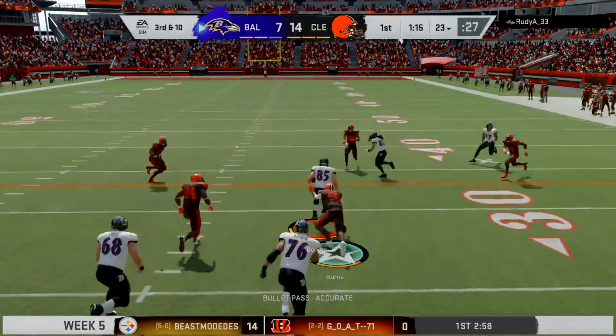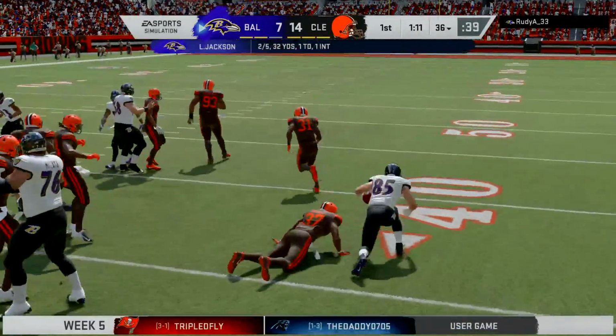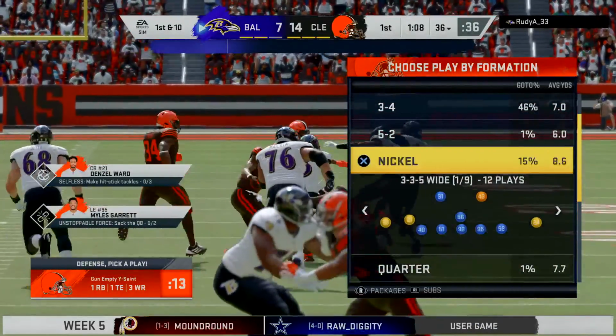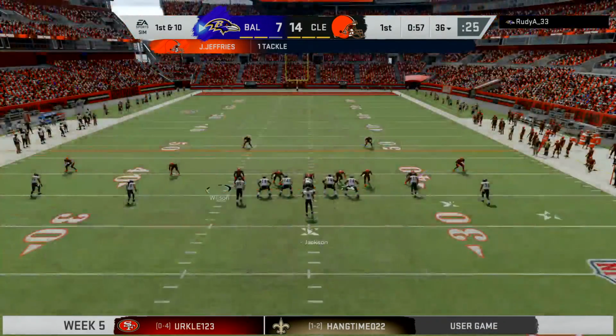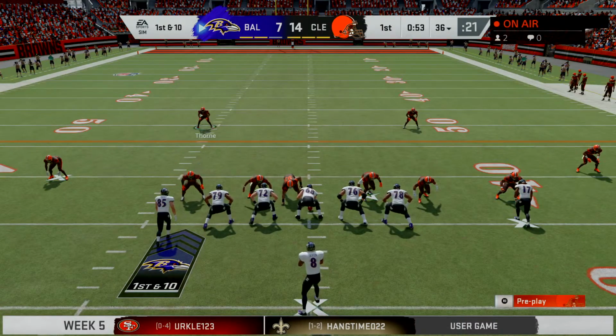Jackson from the shotgun. It's a short one here, complete to the tight end. And they're able to get this one across the 35. That one good for 13 and a Raven first down. I like how they work the tight end on a nice little under route there. And if you're going to give him that much space, he's not going to catch the football. He's going to run away from you a little bit, and that's exactly what he just did there, picking up